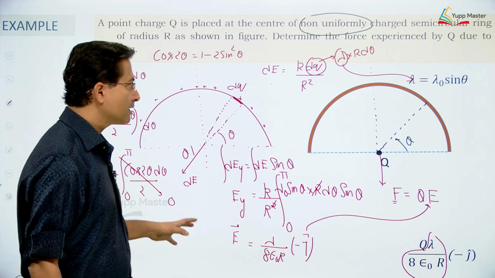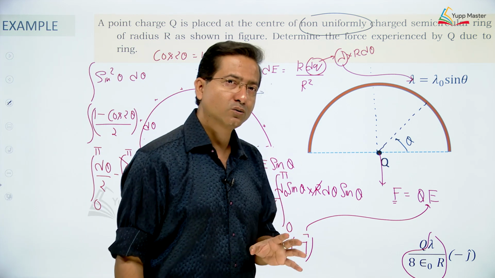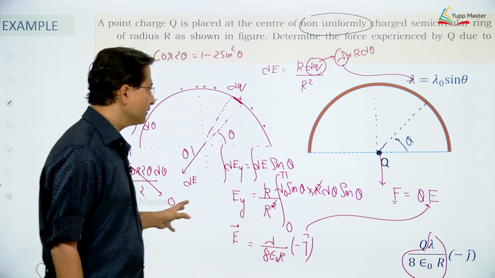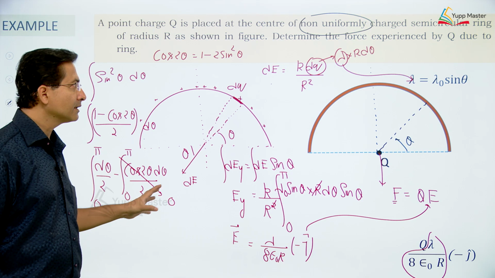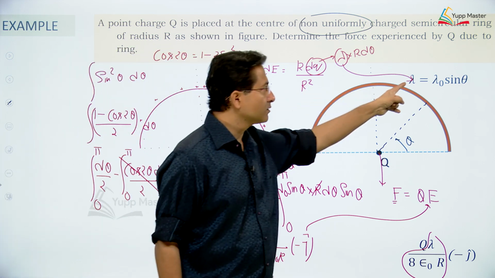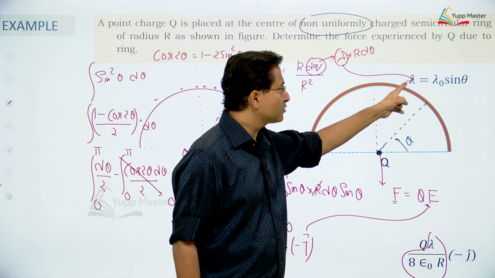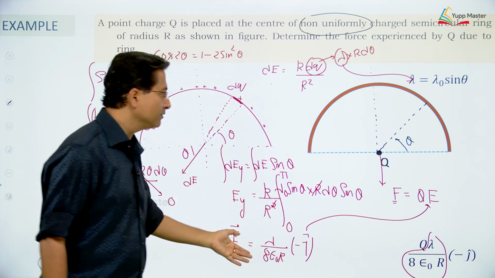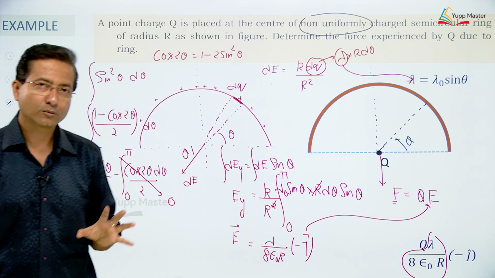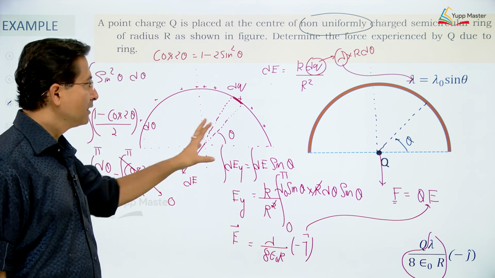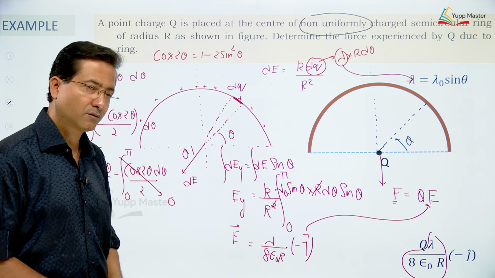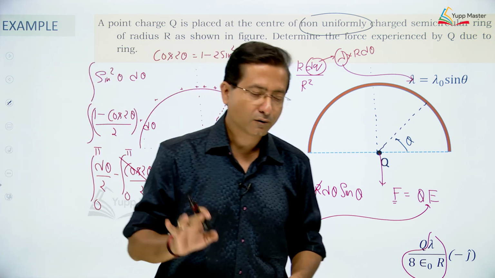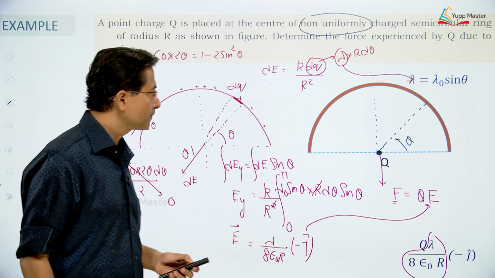I have taken this example to make you understand what to do when we have a non-uniform distribution. The procedure is again the same, the only thing is the density is non-uniform. As the density is non-uniform, you can substitute the value of lambda and then integrate and you will get the result. So the procedure is exactly the same, the distribution here was non-uniform. So we have seen uniform distribution as well as non-uniform distribution.